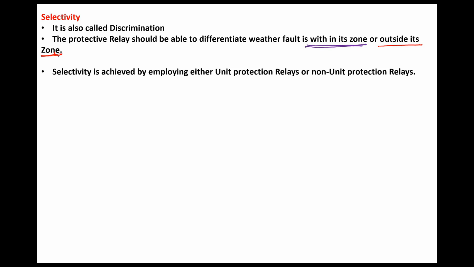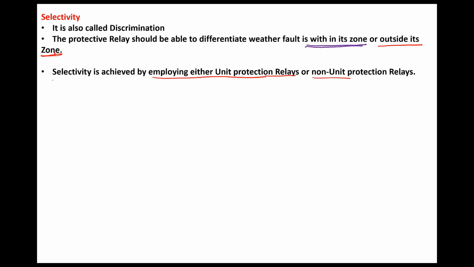So the relay should be able to differentiate whether the fault is in its zone. If the fault is in its zone, it should act. If the fault is outside its zone, then it should wait for the primary protection of the zone to act. If that fails, then only this should act. That discrimination the relay should have. So the selectivity feature can be achieved by employing